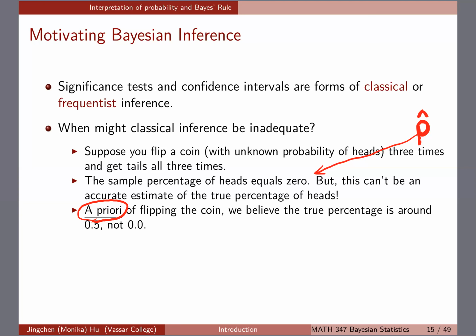And then that is helping you to correct any kind of, say, in this case, you're just unlucky maybe that you're getting 3 tails out of 3 coins. Okay? So that's the general idea. And that will be important to motivate because the classical inference usually will fail in small sample size, and especially p hat equals 0, and then it will be really hard to make the inference from that point of